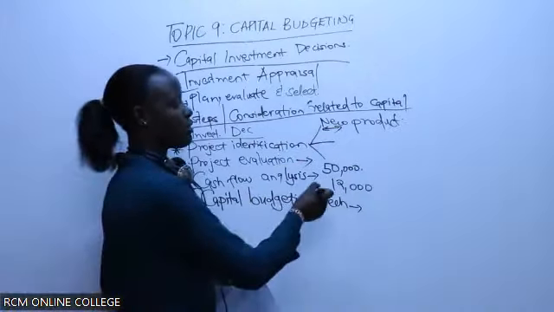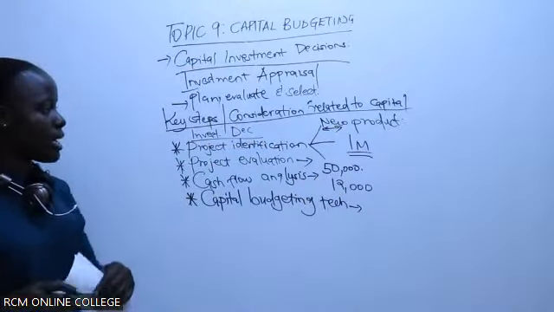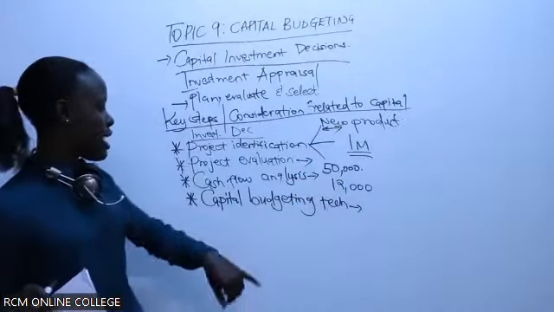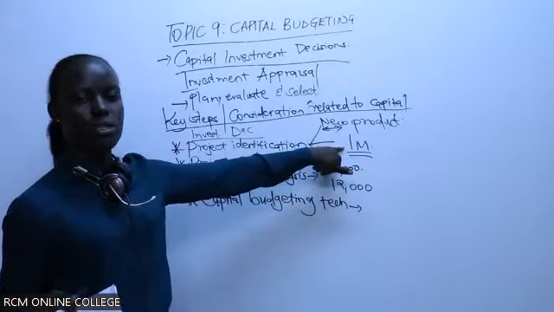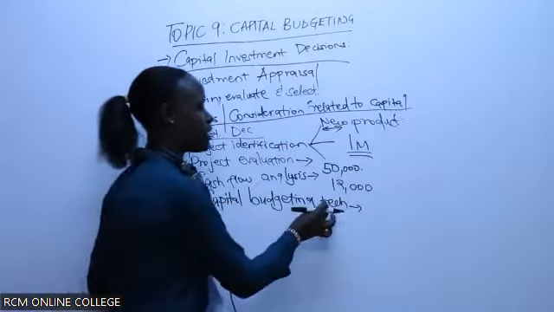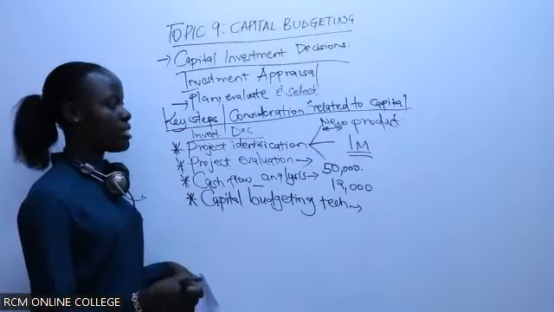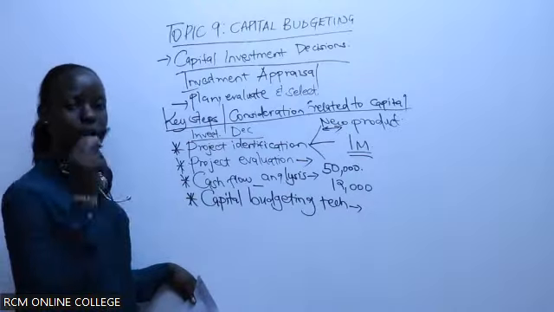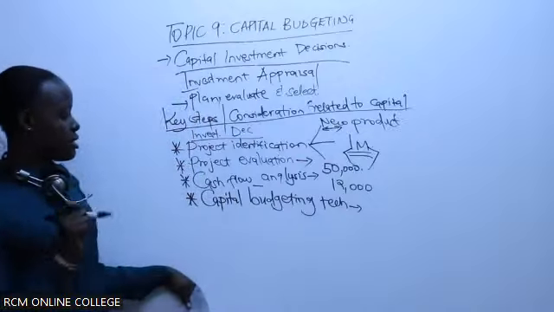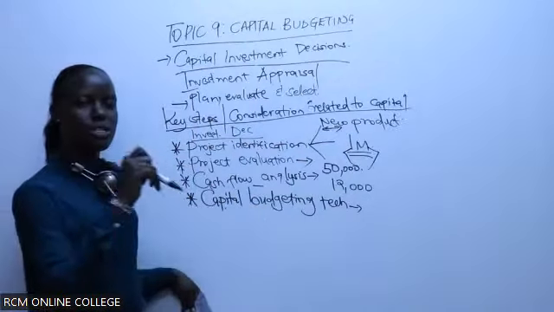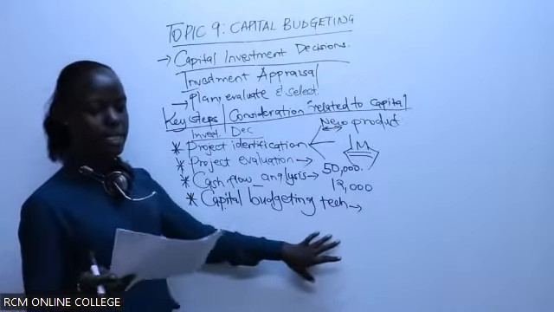Now, you identify, for instance, you need 1 million, and you don't have this 1 million. You decide, let me go to the bank and take this 1 million. And you decide you'll go with the capital budgeting technique to help you pay back this amount, the 1 million. You should be able to evaluate, having assessed the project that you want to venture in, how long it will take you to repay the 1 million that you took from the bank. That's what you'll do under the capital budgeting technique: the amount that you want, how long will it take you to repay it.